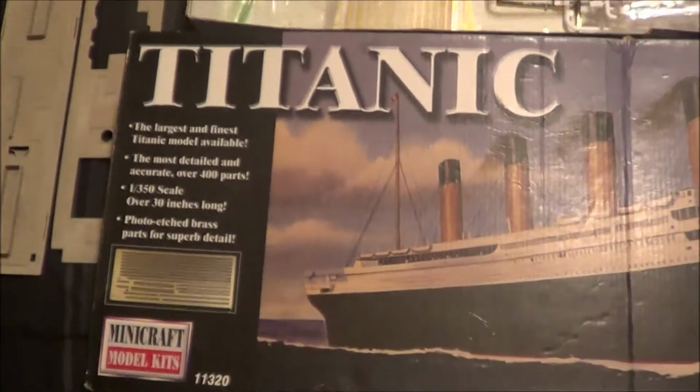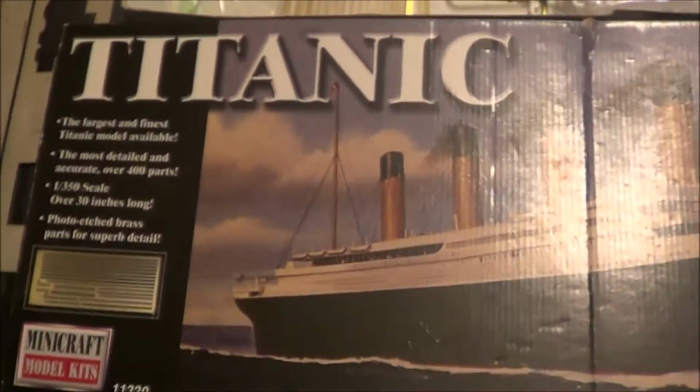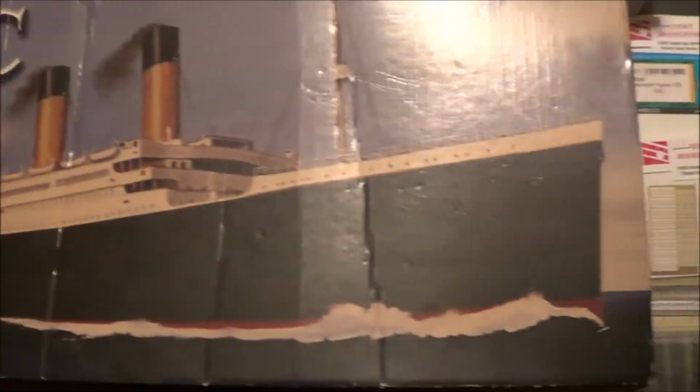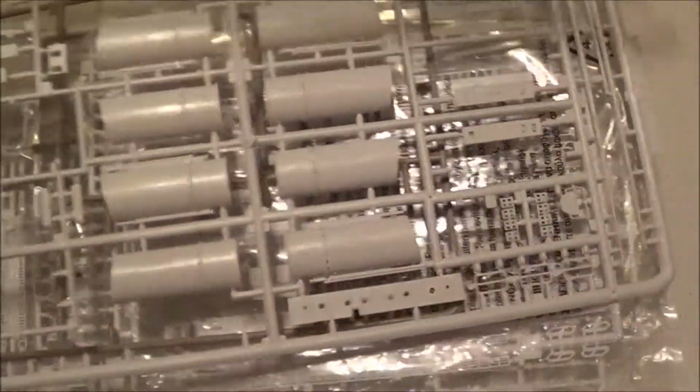Alright, this is not a review of this model, but I purchased this about a year ago. It's the Titanic by Minicraft. It's the 350 scale. It comes with the photo etched brass parts so you can make it look more realistic. But these, some of the parts that I've got,